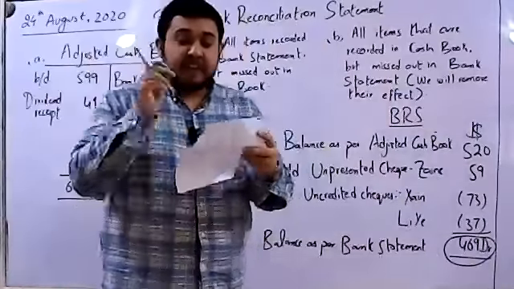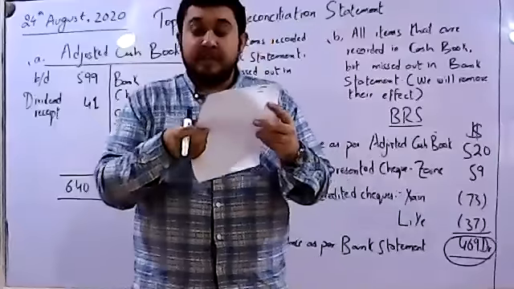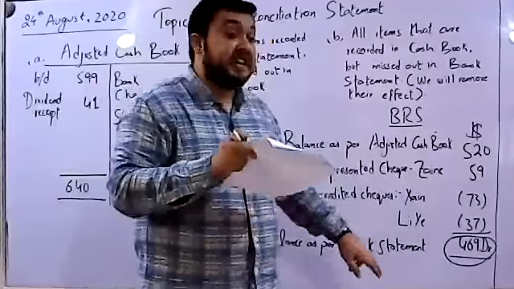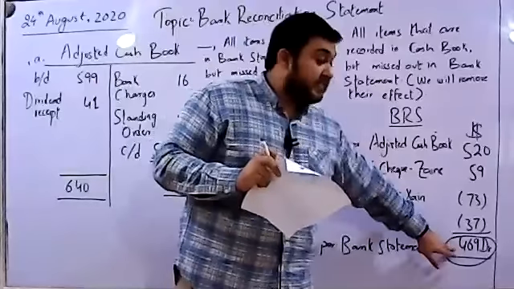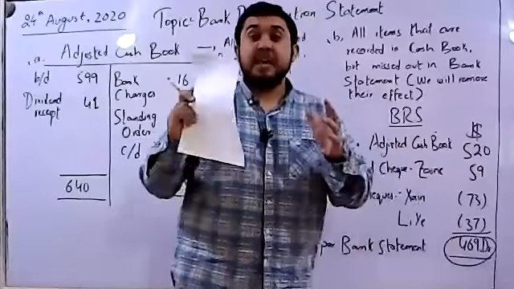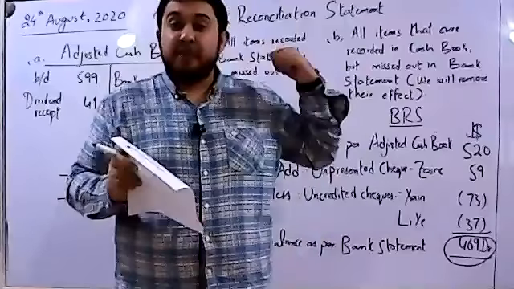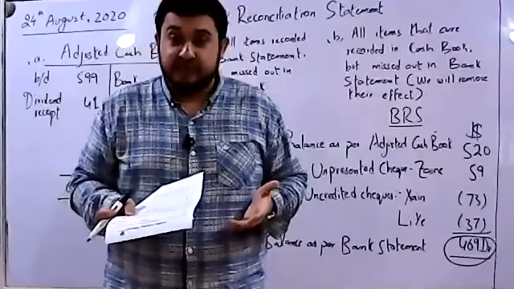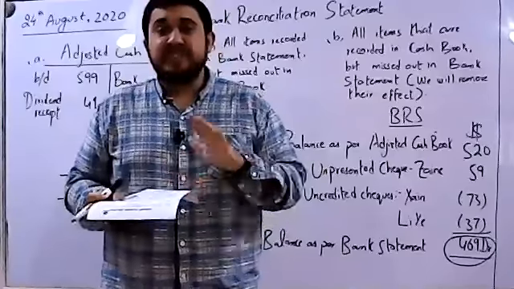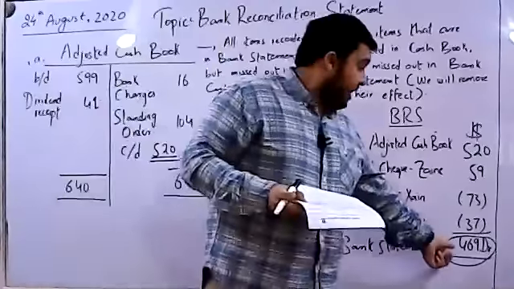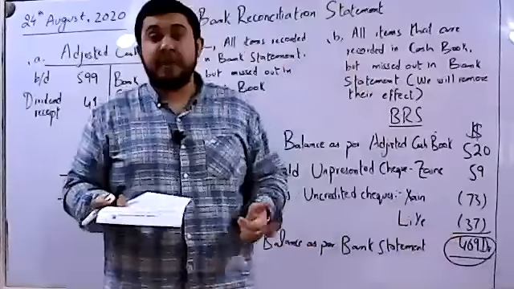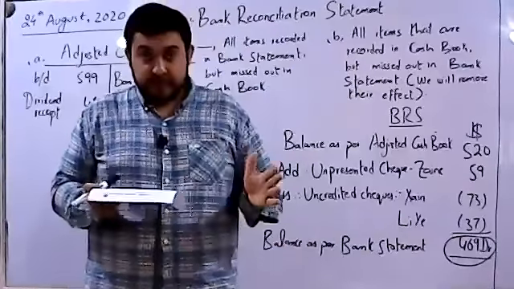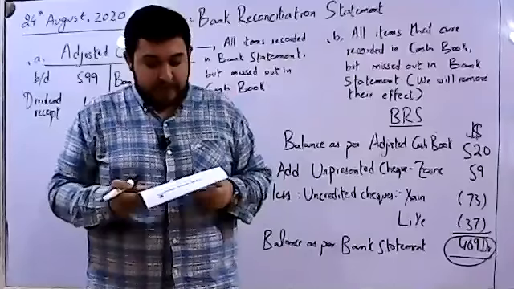Now you can see in the bank statement, the final balance, how much was it? It was 469 credit. That means it is equal now to this balance. It shows that by performing these procedures, we have been able to reconcile the differences. All differences are reconciled and we have our balance equal to the bank statement. This shows that your answer is absolutely correct. I hope it is clear to everyone.